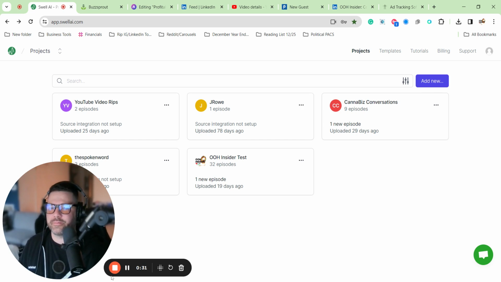Check this out. So when you log into Swell, this is going to look a little different before you set up projects. This is going to be where you start to set up your projects and workflows. You'll see I have a few different ones here. We're specifically going to be looking at my Out of Home Insider podcast, but I want to show this because